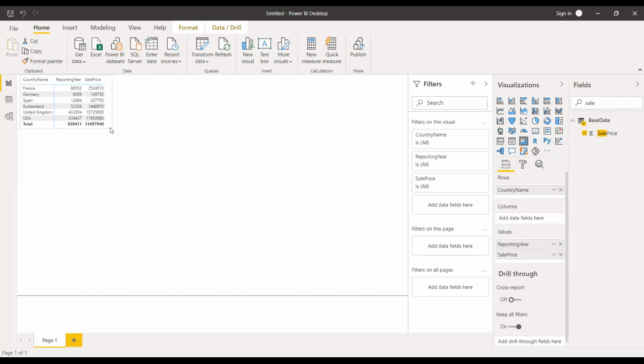So a matrix is to be built. What columns you want to see in this matrix structure, you have to pick from the field list. You just click the field and it will be represented here.